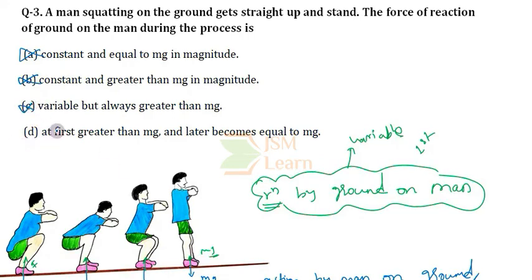Coming to option D, it says that at first the reaction force was greater than mg and later it becomes equal to mg. This is true. So option D is